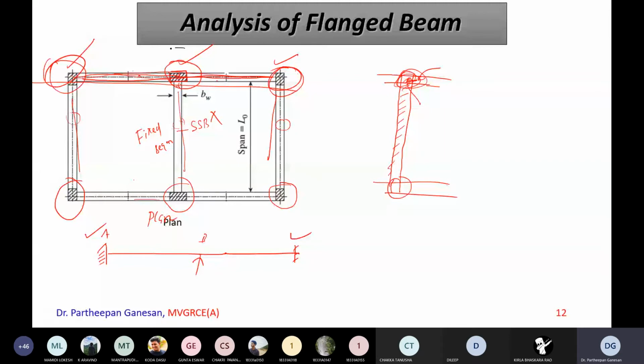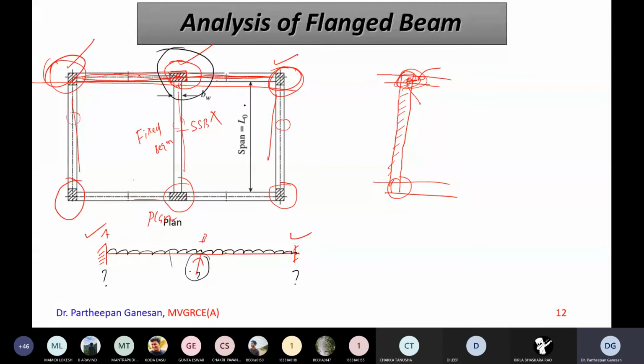Okay, and you may have a loading, and accordingly you already studied structural analysis: the moment distribution method, slope deflection method, Kani's method. All those methods you may have studied to find out the fixed end moment here, the moment here, the reaction here. Everything you would have already found out. So based on that you will design.